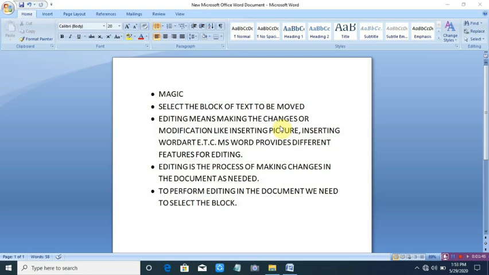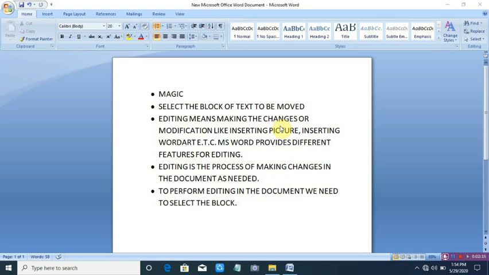These are the features which save a lot of time and effort while working with a lengthy document. But before we start learning these features, we need to know how to select the text and do some other formatting in a document. So our first topic is selecting the text.